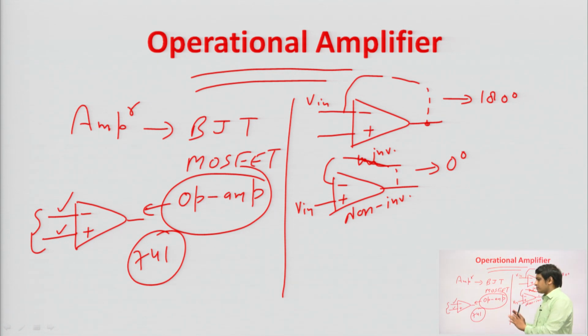At this moment we just need to know that op amp is an amplifier, and if we are using the inverting amplifier, then we will get 180 degree phase shift. If we are using the non-inverting amplifier, then output will be in phase with input. Although there are a lot of things about how we design this inverting amplifier and non-inverting amplifier, how we add some resistors, that I will discuss in the last unit, in unit 5, right. So, these things should be clear.